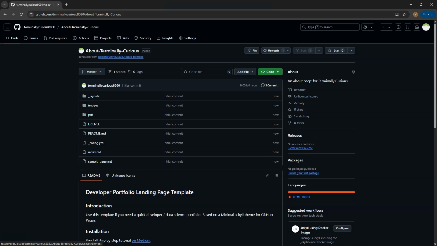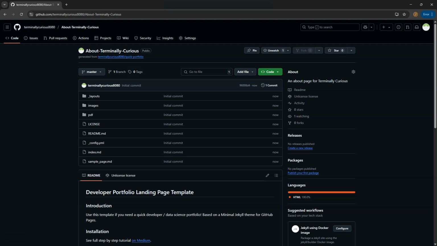So there you can see it really doesn't take GitHub very long to create a new repository at all, especially when it's copying. This doesn't have a ton of content in it, so when you're copying a smaller repository like this. So now, once you have a copy of the Quick Portfolio repository under your username, so you've got your own fork,